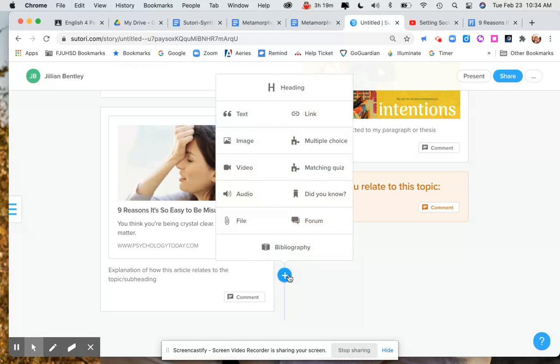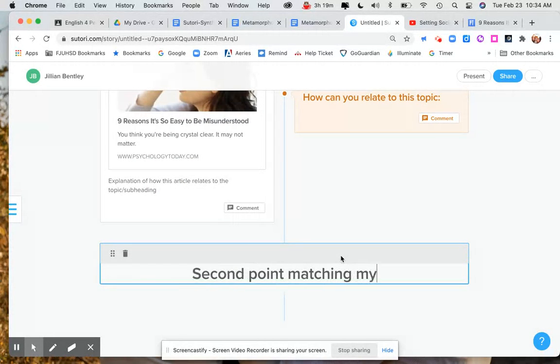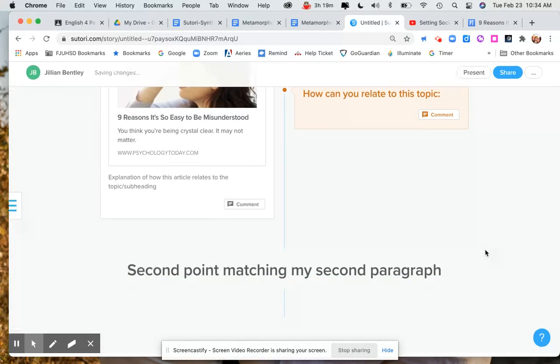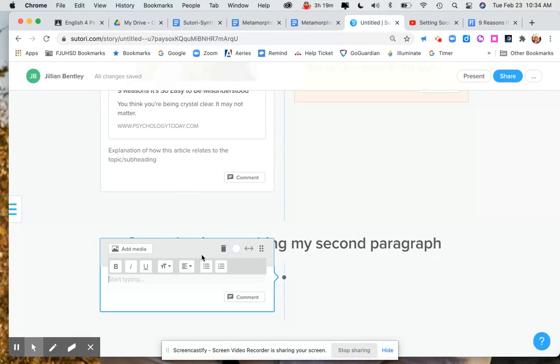It can be like a forum, like a discussion forum, like I added, multiple choice, matching quiz, something that someone can interact with as they're viewing your timeline. I'm going to add a second heading, and this is going to be my second point, matching my second paragraph. For example, I'm going to add text, and this is my second synthesis